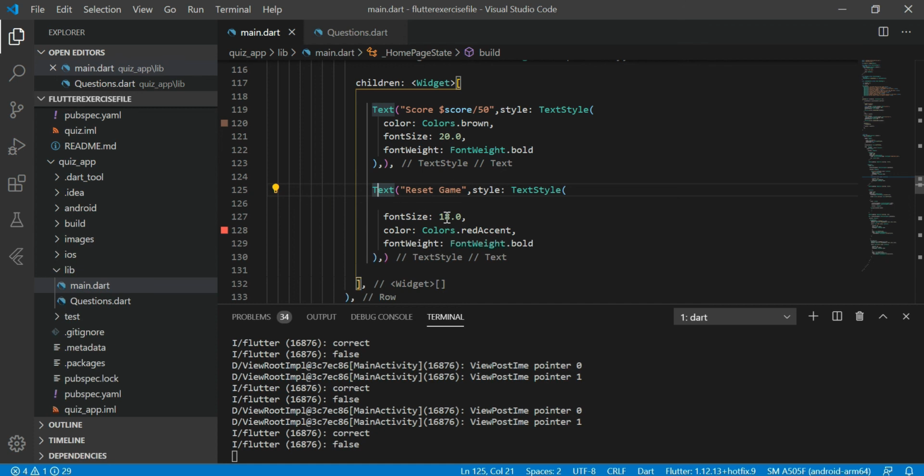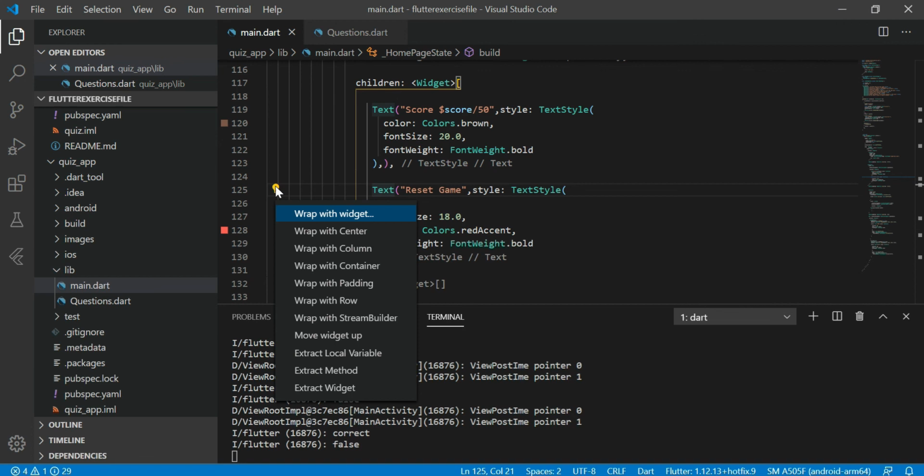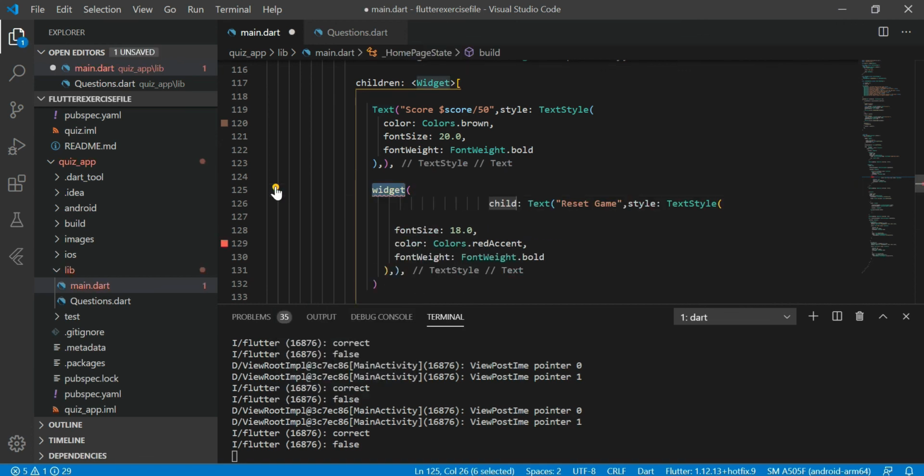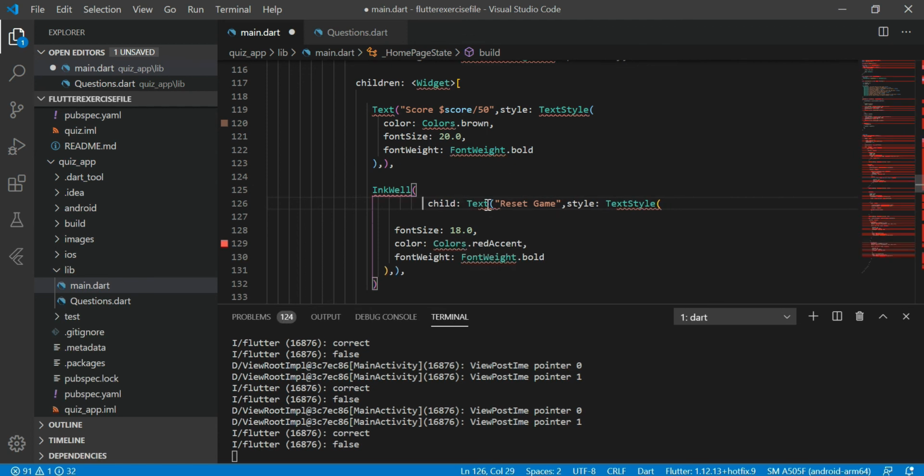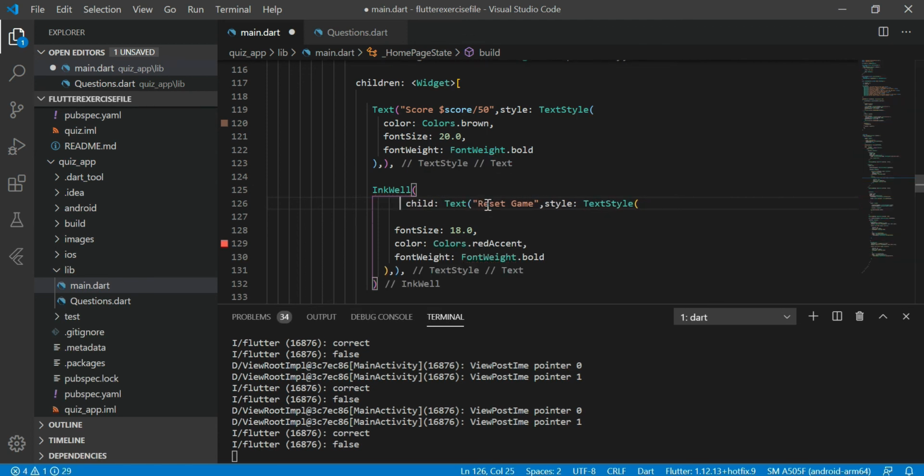Let's provide functionality to our reset button. There is a very good widget which is called InkWell. If you wrap anything inside InkWell, it gives you many properties, and if you wrap any text inside InkWell, it provides an onTap property like this.